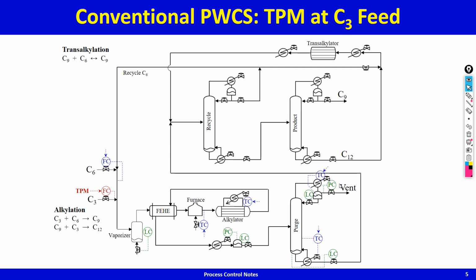And the cooling duty of the condenser will be adjusted to hold the condenser temperature at, whatever the cooling water, 40, 45, 50 degrees Celsius, so that the temperature is as low as possible, so that least amount of benzene goes out in the vent. And then to prevent C3 leakage down the bottoms, we are going to control a sensitive stripping tray temperature by adjusting the reboiler duty. So that's that.